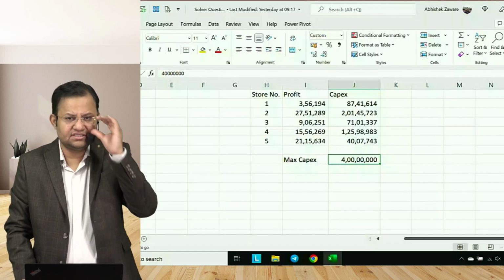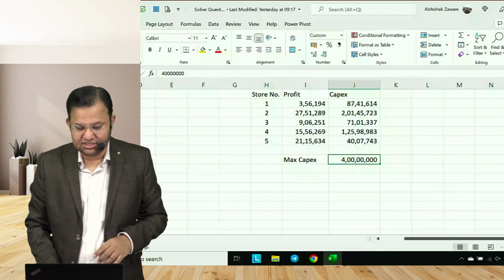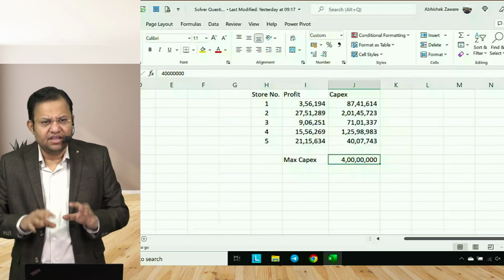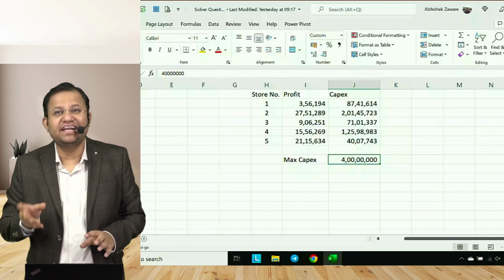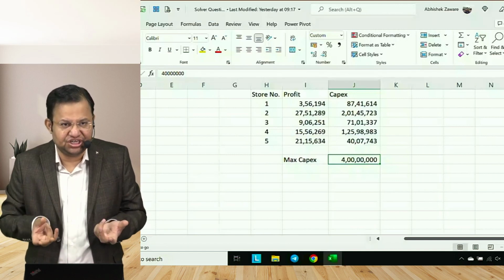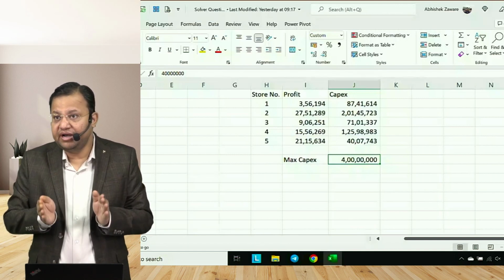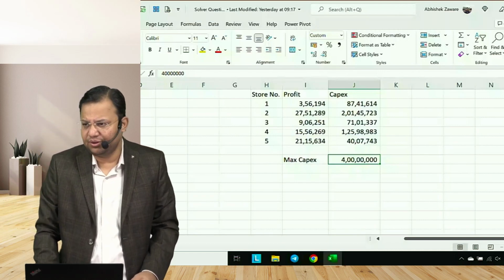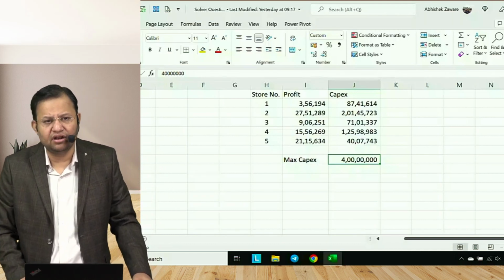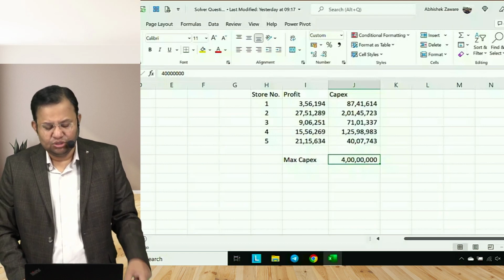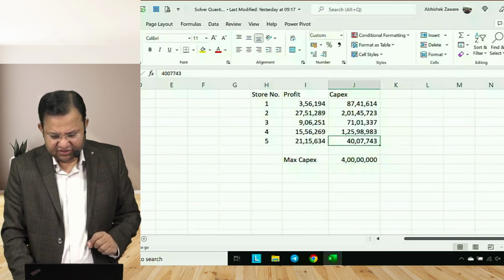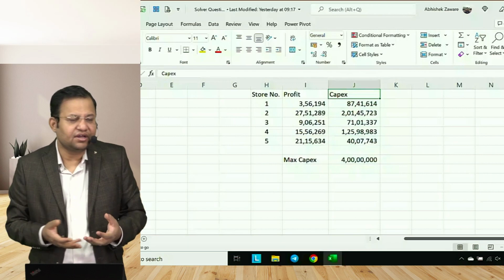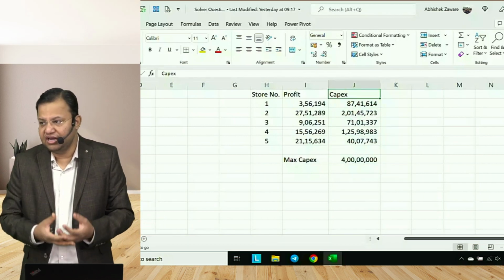Good morning, friends. Let us check out the answer to yesterday's question. I had given you a very simple question. This is technically called capital rationing. Whenever you have a limit on your capital, the maximum amount of capital that you can have for a particular purpose, whenever there is a limit, you can solve this kind of question using a technique called Solver in Microsoft